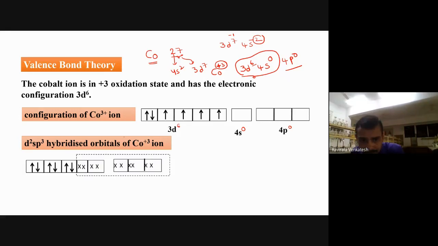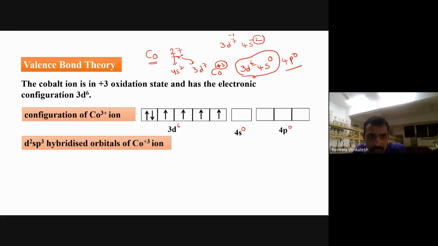Now what I am doing here, ammonia, the ligand name here, what? Ammonia, no? The nomenclature of the ligand is what? Name is ammine, but simply it's ammonia, a strong ligand. Listen here, ammonia is a strong ligand. So in presence of a strong ligand, what happens? The unpaired electrons become paired here. So forcibly the unpaired electrons now become paired. Now what happens here? This unpaired electron comes here and becomes paired here. This unpaired electron comes here and becomes paired here.